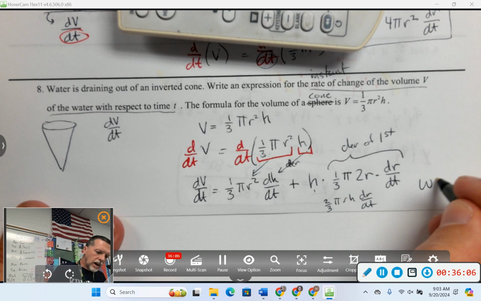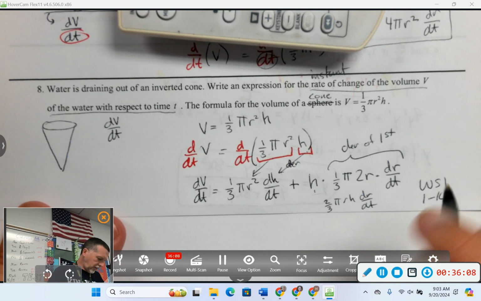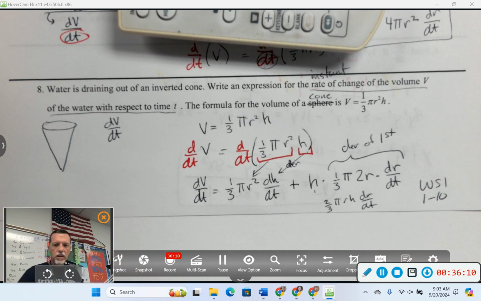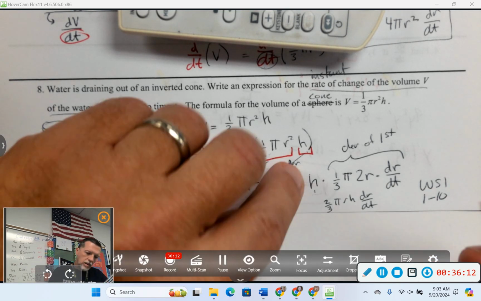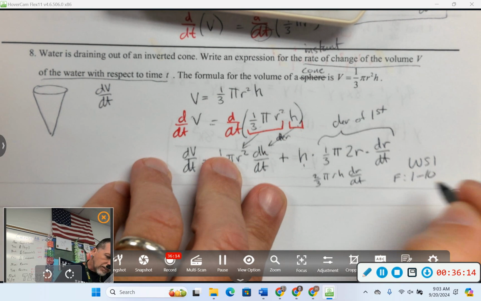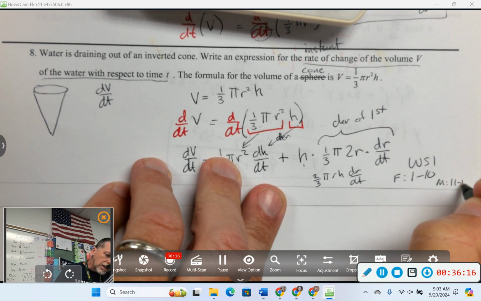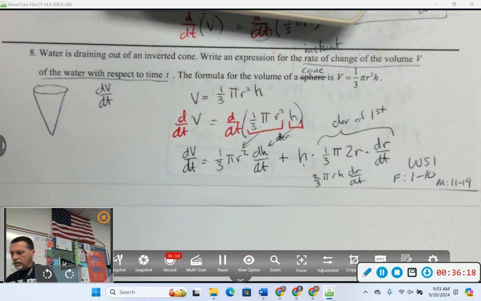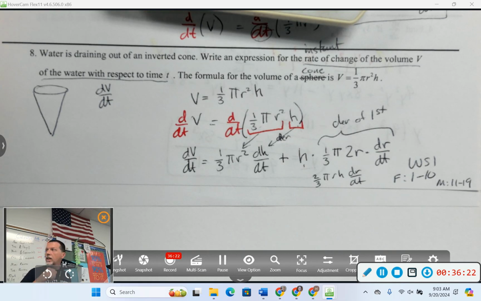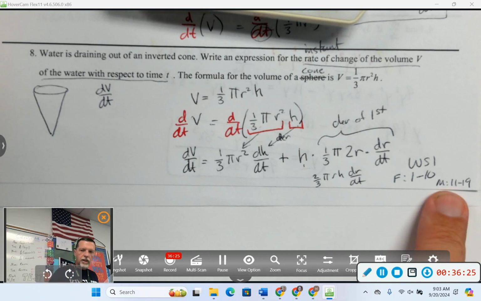Okay, worksheet 1, I'll say today's assignment is 1 through 10. And then that's Friday's assignment. Monday's assignment will be 11 through 19. So no new notes on Monday. I'll just answer questions from 1 through 10 and work a few of 11 through 19. So you can kind of figure out